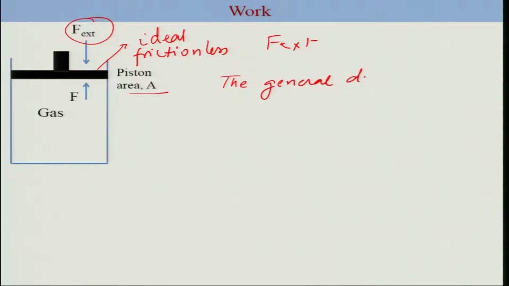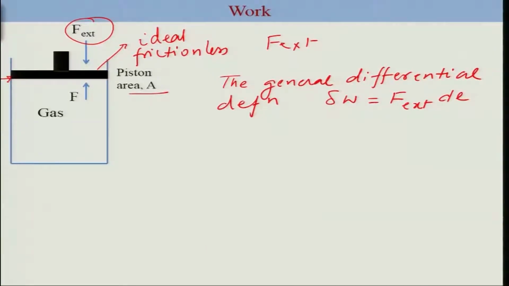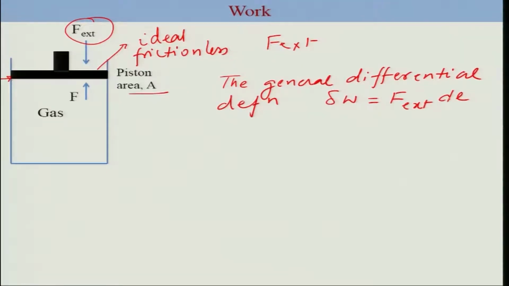differential definition. This is the general differential definition of mechanical work, which we write in this form. F external is the force which is posing the resistance for this boundary to move, and dl is the change in the height of the container, or rather the gas volume. So dl would be a distance typically raised here. For example, this could be a dl. So in general we defined the